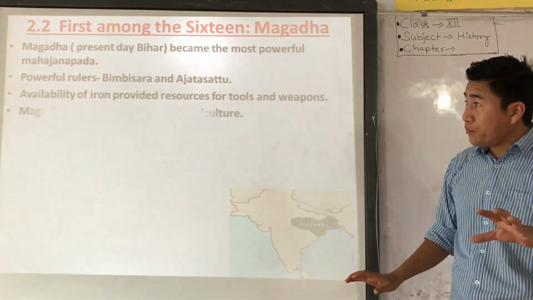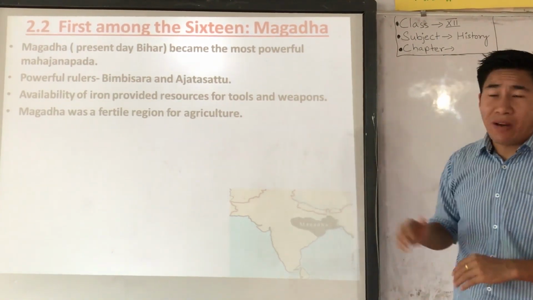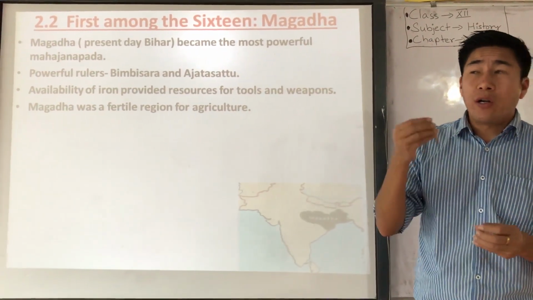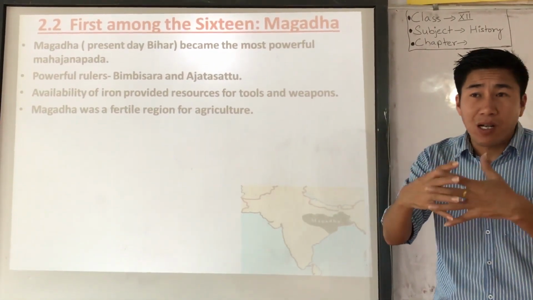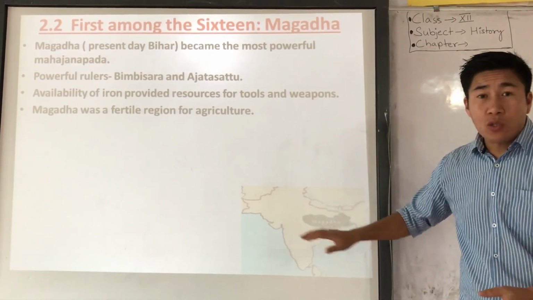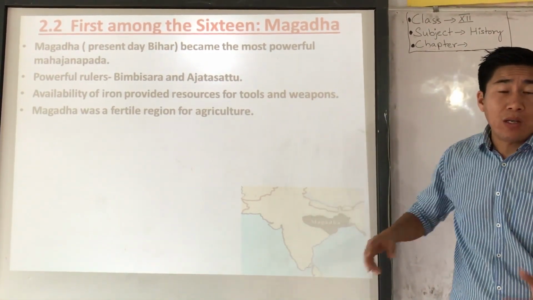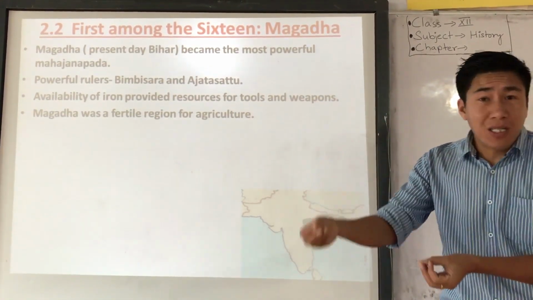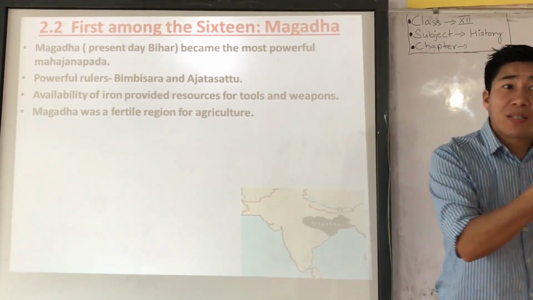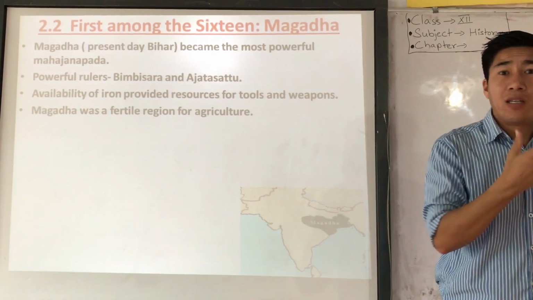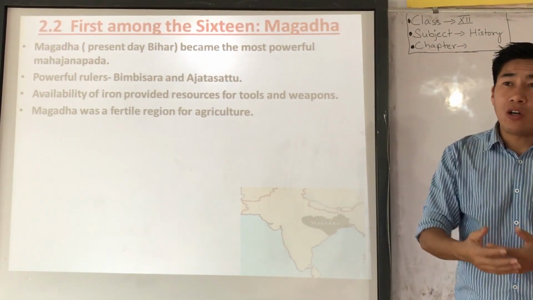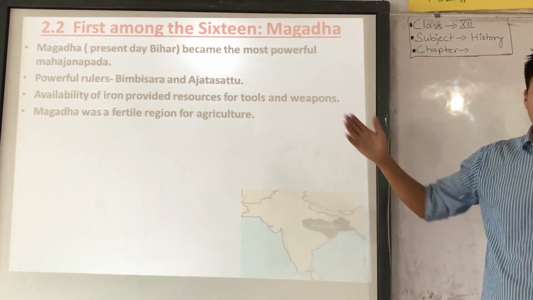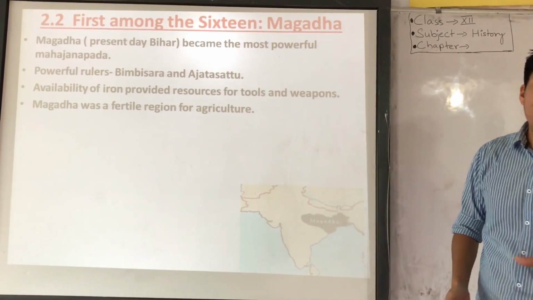And third, Magadha was a fertile region for agriculture. If you look at this map, over here is the northern plain with good rainfall, because of the Doab area where the confluence of river Ganga and Son happened. In this Doab area the fertility of the soil was very good and the rivers were there. So of course, good agriculture means enough tax. Enough tax means prosperity, an efficient king or ruler, a happy state, a powerful state. Of course, yes. So that's why it became one of the most powerful among the 16 Mahajanapadas.